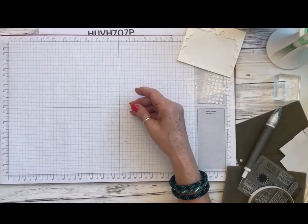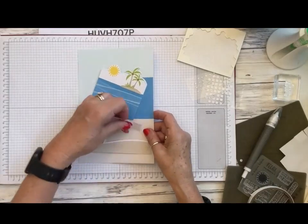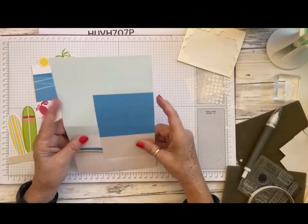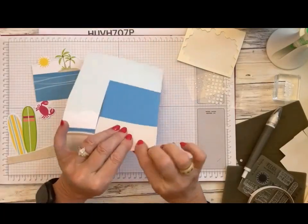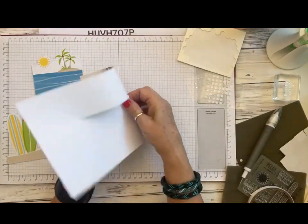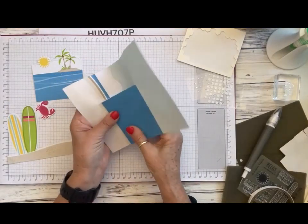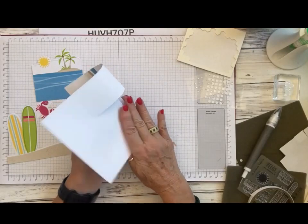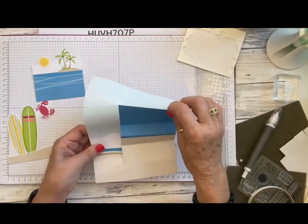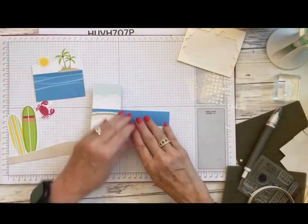All right, so now we're going to move on to the next card, which is our surfing card, and we have a crab, surfboards, and some more palm trees. Okay, so we're going to fold again. So we're going to fold here on this line, and then of course we're going to go down for the valley. And this is why it's important that you use your bone folder once you get all of these folded. Come up for the mountain, and then down for the valley, and then this one is going to fold right about there. Okay, and then this one we're going to fold over here,